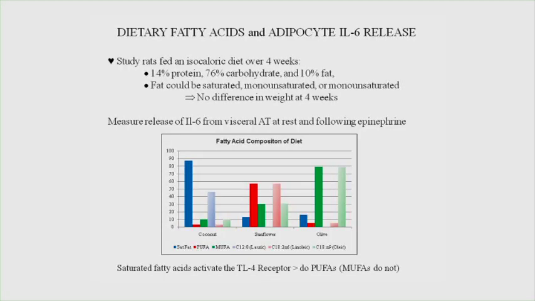We're going to take rats and we're going to put them on an isocaloric diet. They all get the same number of calories. They all get 14% protein, 76% carbohydrate, 10% fat, but the fat could be varied. It could be saturated, monounsaturated, or polyunsaturated, and by design there was no difference in their weight at 4 weeks. Then you're going to take some of their visceral fat, you're going to measure release of interleukin-6, a Th1 cytokine, at rest and after you administer epinephrine. Now remember, the Th1 cells will respond to epinephrine with upregulation. Macrophages within fat will also respond to epinephrine